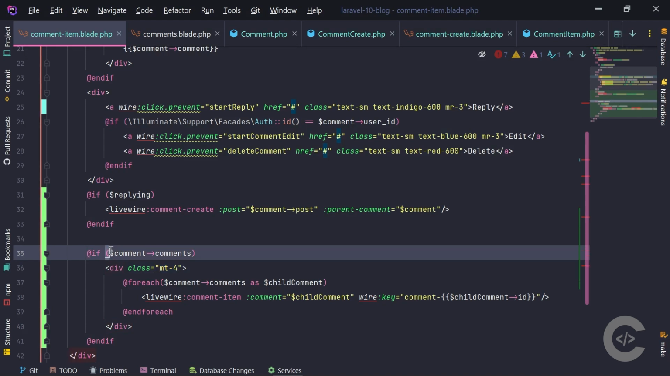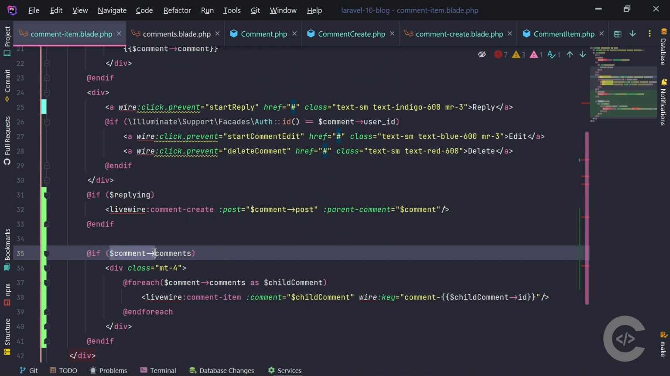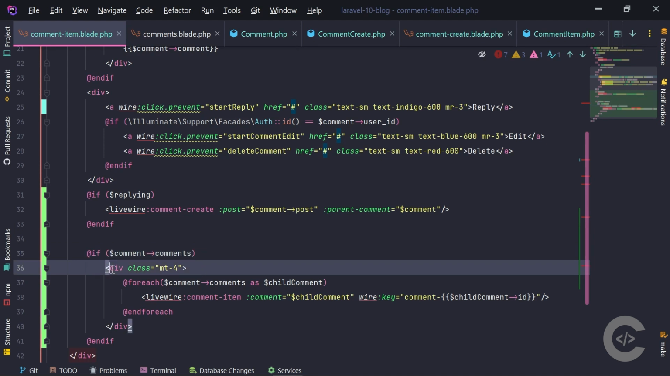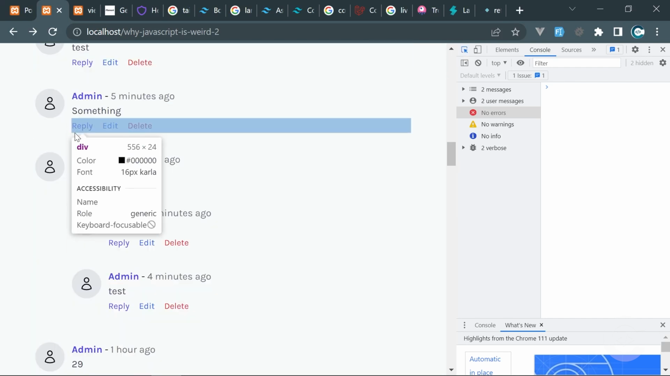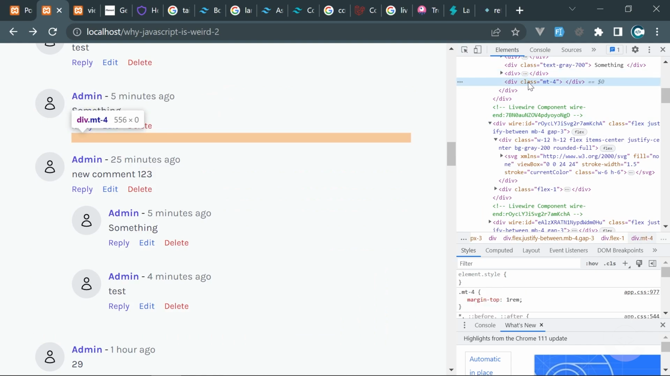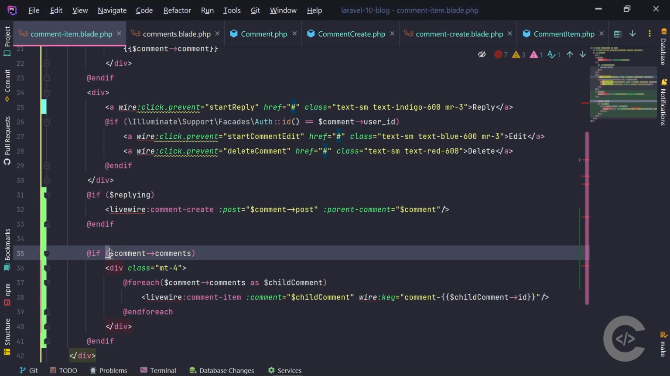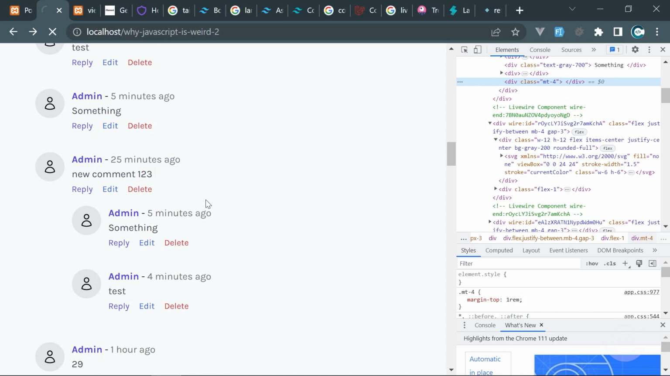Okay, so we need to check if that's not empty. I thought that whenever you check this, like in PHP, when you check comment comments, if this is an empty array, it's a falsy value and it will not render this code. But I think this is rendering because for this there is no comment actually, but here we see this is still the empty div. So if not empty,